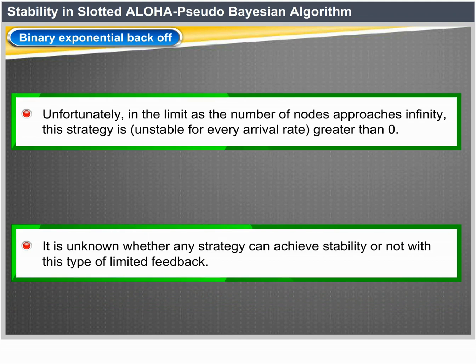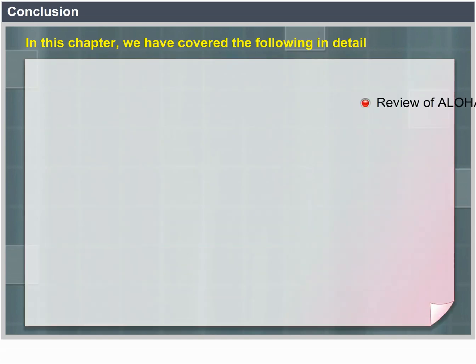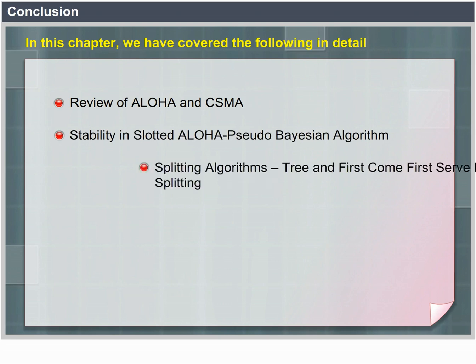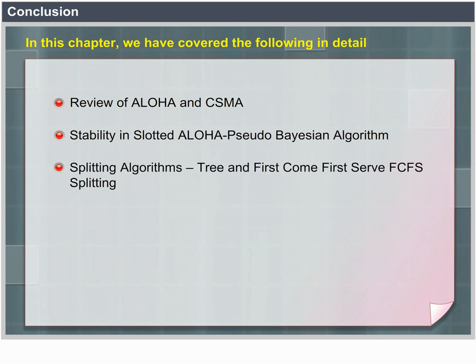Conclusion. In this chapter, we have covered the following in detail: review of ALOHA and CSMA, stability in slotted ALOHA, pseudo-Bayesian algorithm, splitting algorithms, tree and first come first serve FCFS splitting,